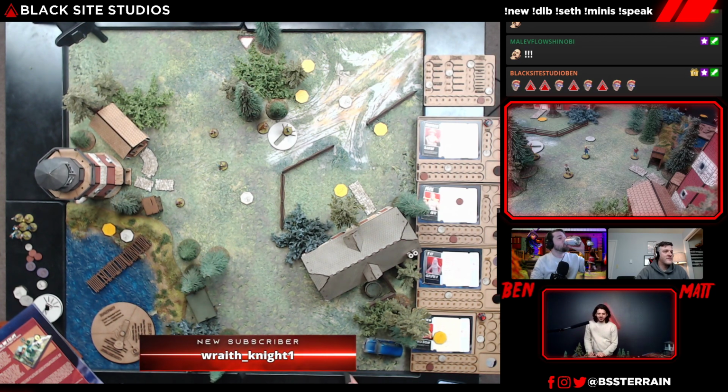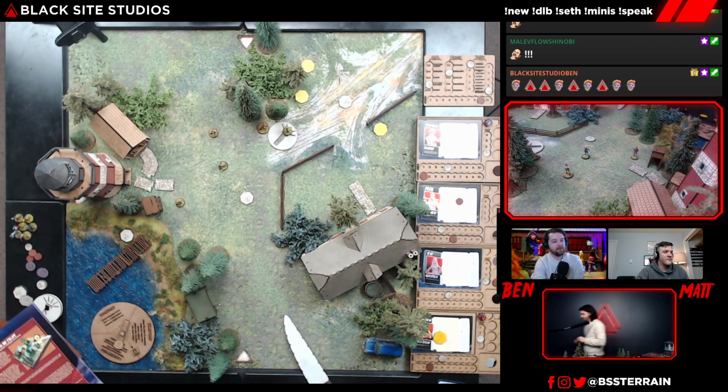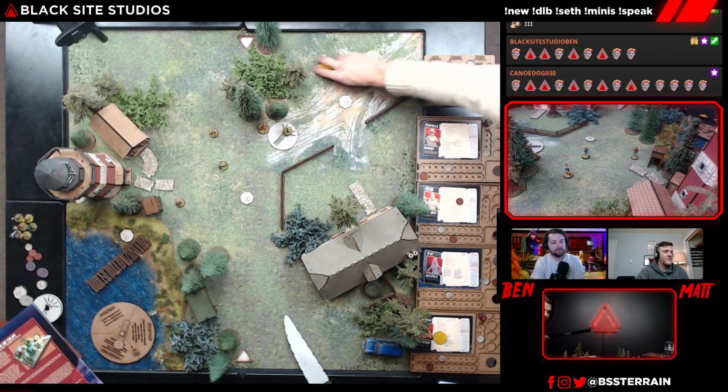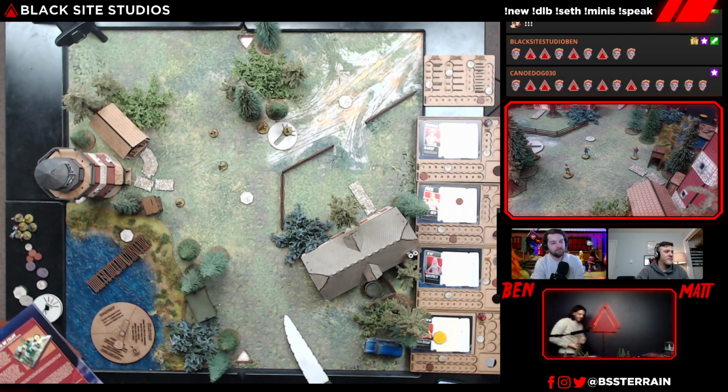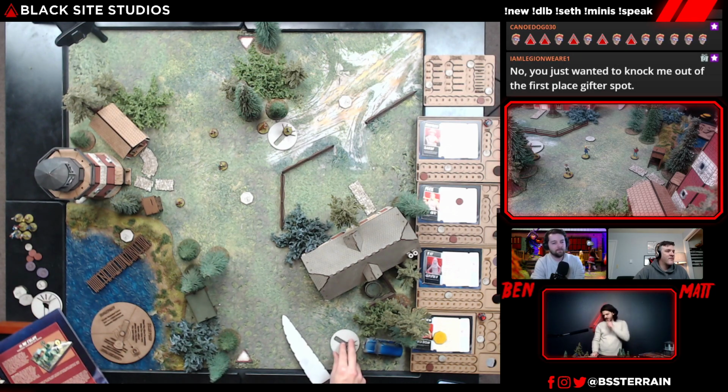So we got the keys, guys. Let's haul ass to the car. Our car's waiting. Oh, I forgot to set up a light token in front of the vehicle. Let's see, it was on...